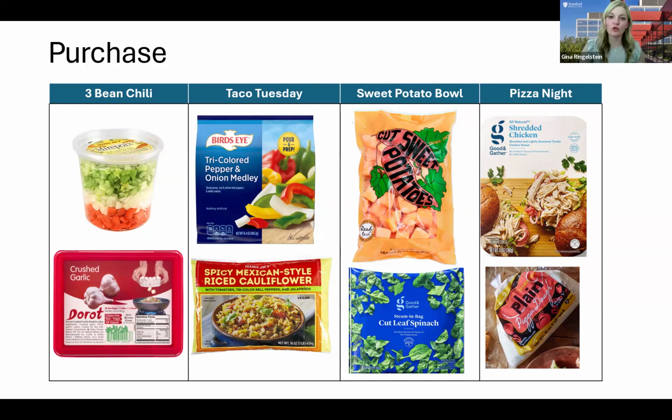Same thing goes for Taco Tuesday. Rather than spending all of this time cutting up your bell peppers and onions or making your own rice cauliflower for maybe Taco Tuesday bowls or a Taco Tuesday salad, these are some great ways to get lots of flavor and color, but often things that you can just pop right into a saucepan and heat up really quickly, or even into the microwave depending on your preference. And so these are some things I really want you to start thinking about, and not only just for the convenience, but maybe also some pain points.